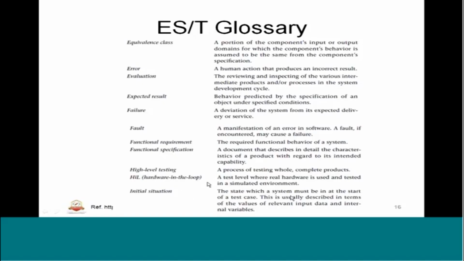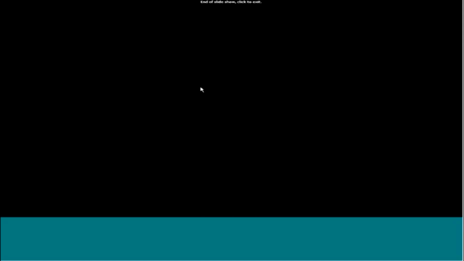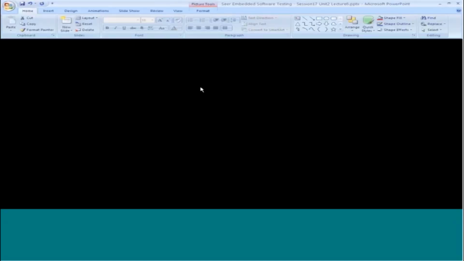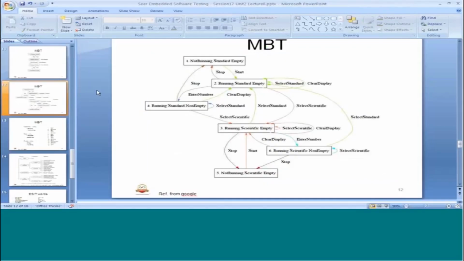And initial situation is the condition, the state which a system must be in at the start of the test case. That means a precondition is also called that. It's a very important term. This is usually described in terms of the values of relevant input data and internal variables. Okay, so that is the end of this session of the embedded system testing unit 2. So in the next session we will study about the